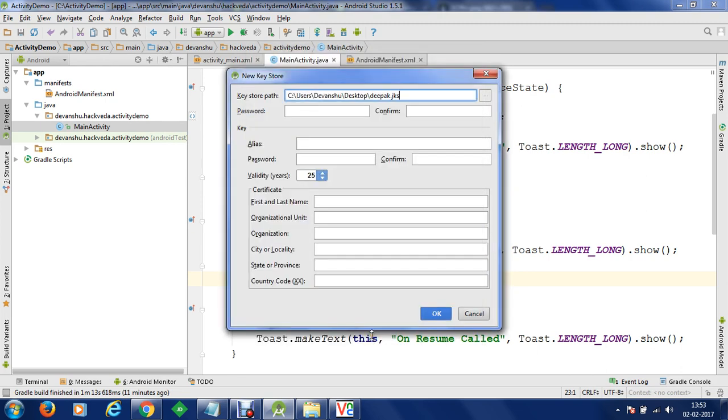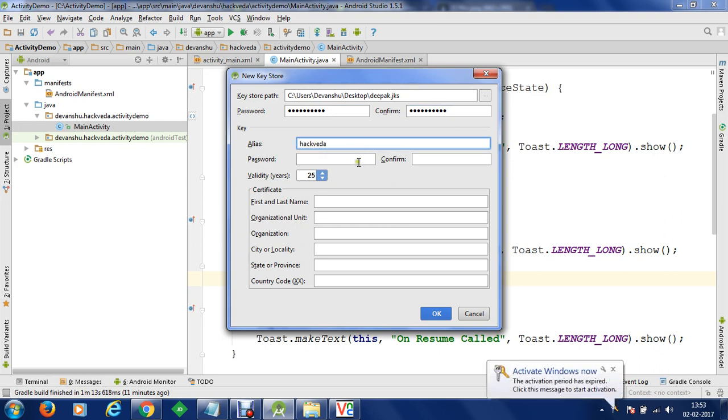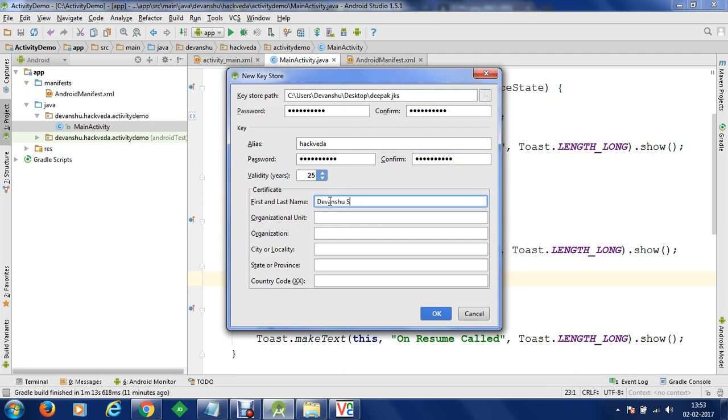Let's click OK. Then we are going to set a password so that nobody else can sign an application with our signature. I have protected that with a password, and the password is ABCDE12345. The alias name will be another name, and we provide it as a company name. We will set a password for this, ABCDE12345. Minimum validity for a digital signature is 25 years. Let's put the name, say Devanshu Shukla, organization unit Hackweather, company VMDE Technologies, city Delhi, state Delhi, country code 91.